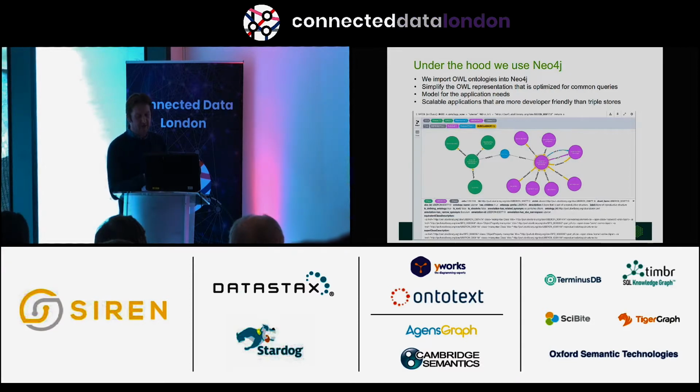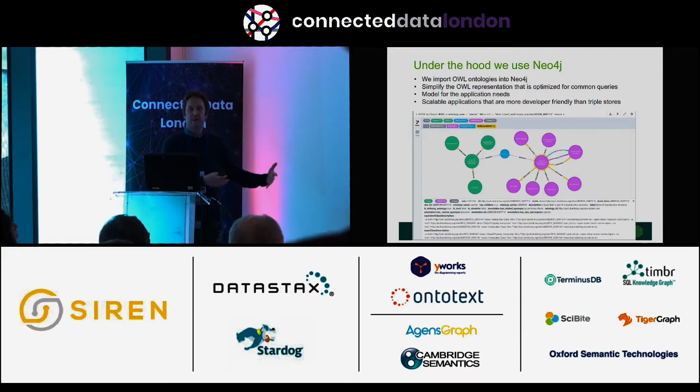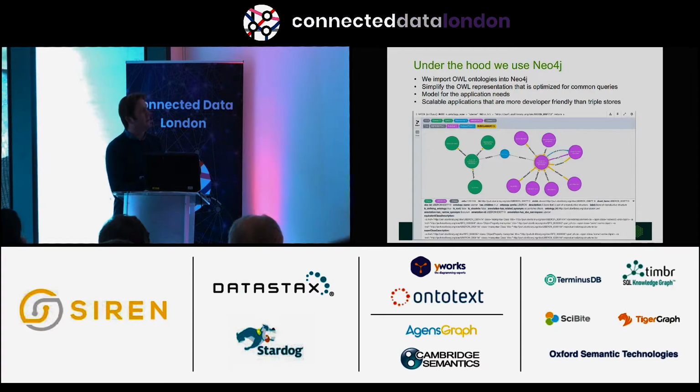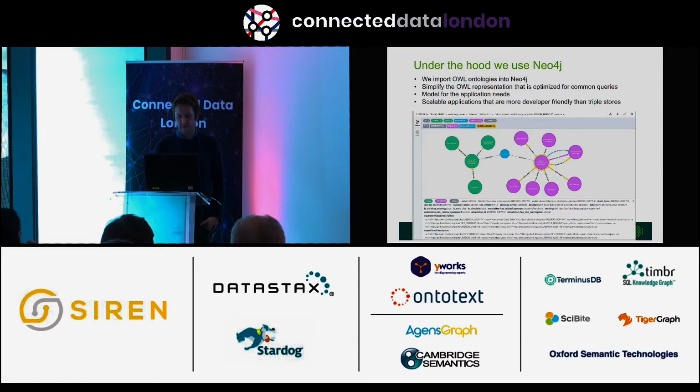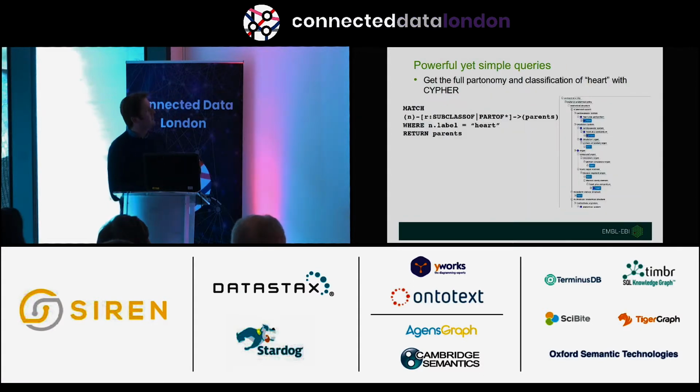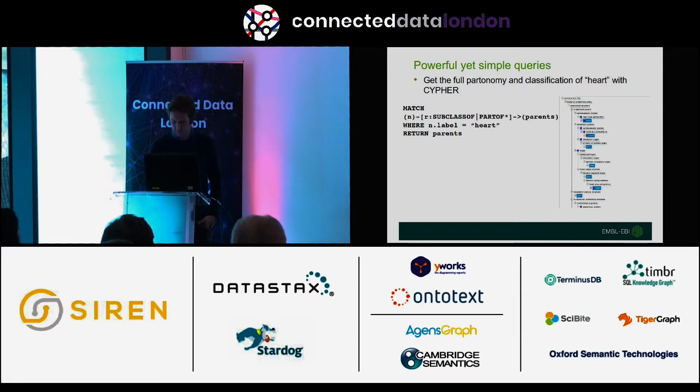And this brought with it a load of benefits because I can hire developers now who can actually work with Neo4j, as opposed to in the past trying to find people to work with OWL representations in triple stores and having to write SPARQL against the RDF serialization of OWL. If anyone's tried to do it, it's not the most friendly thing to do. So we've had quite good fun working with Neo4j and taking advantage of this really nice syntax to be able to do really common queries like, okay, get me all the classification for a concept like heart. It's a very simple query in Neo4j, and I can easily extract the structure of the ontology from that, and it's super fast.